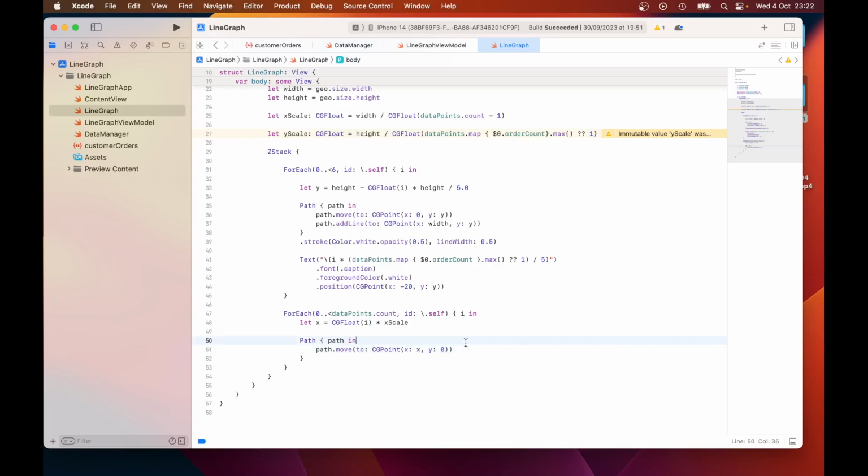And the purpose of that line is to move to the starting point of the line at the bottom,